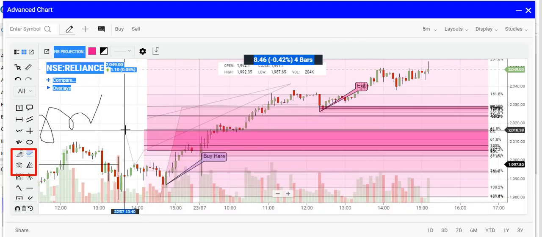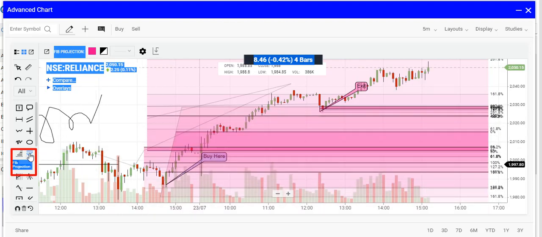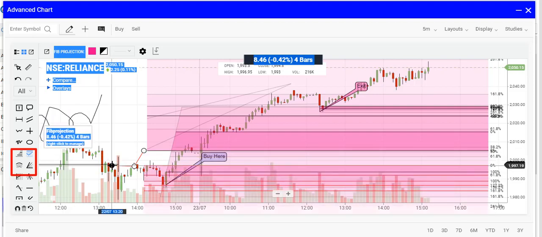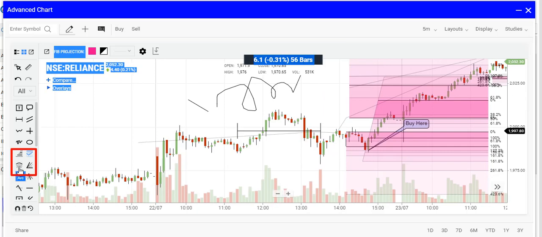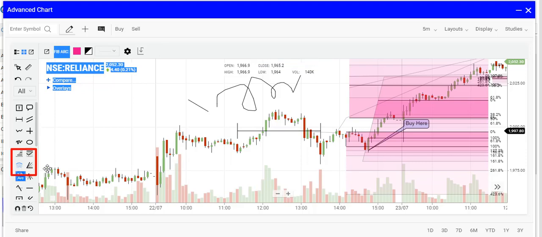You can also project the Fibo levels from point to point by using this Fibo projection tool, like this. Okay. What is also offered is Fibo arc and Fibo fan. Let's see how they work.